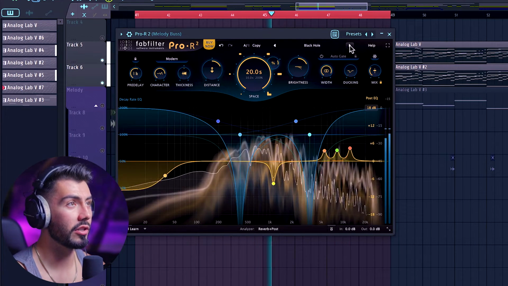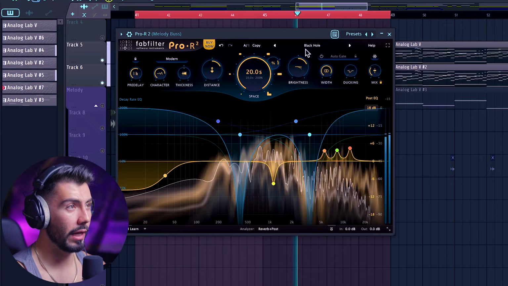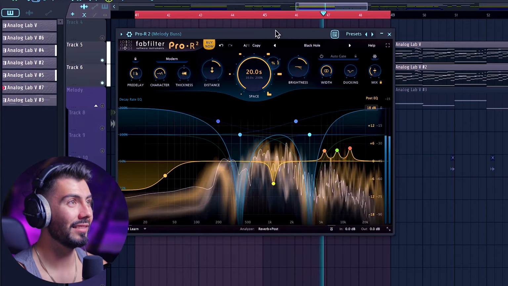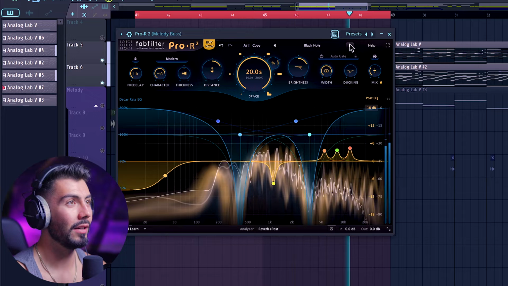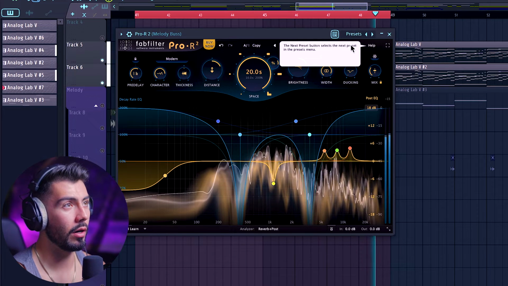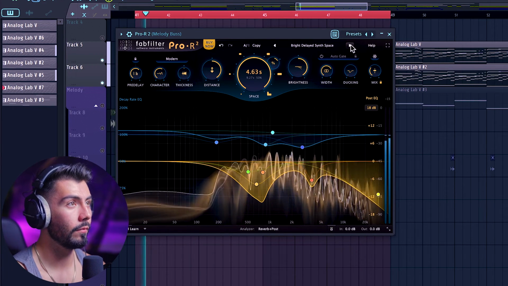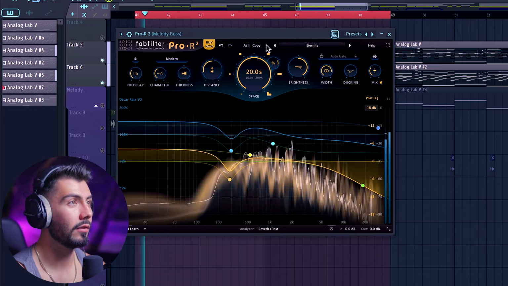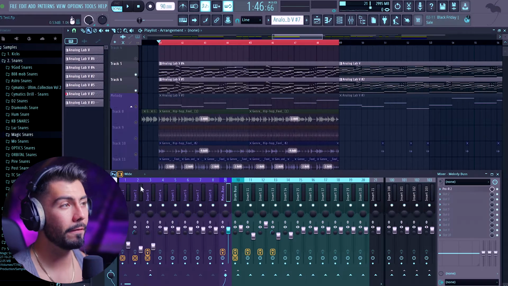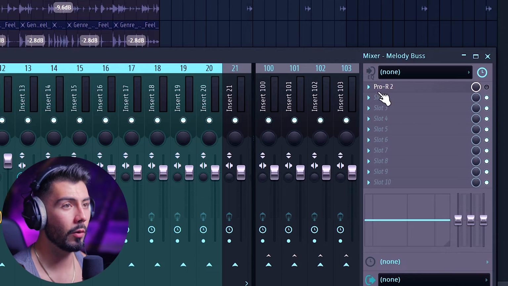Moving on to the very large now. This is going to be your very dramatic effects. Black Hole I remember being a very dramatic effect over here. Some of the presets are returning from the original Pro-R here as well. Eternity as well, the whole 20 seconds on the decay rate. But for right now, we'll be done with that one, muting it, and then going on over to go get